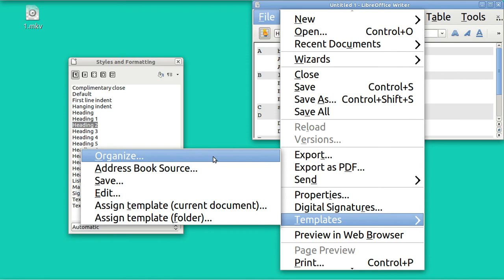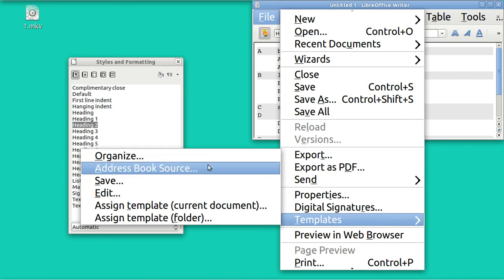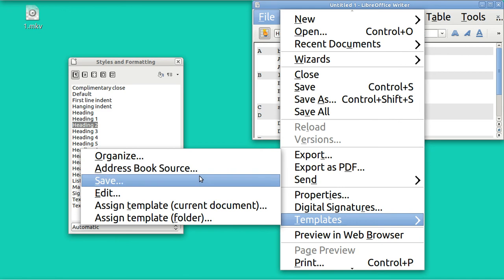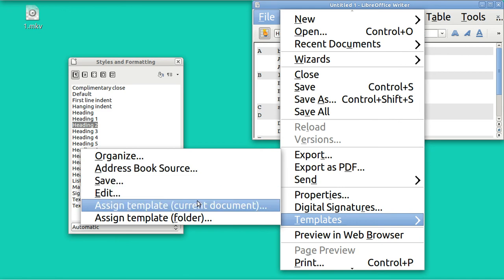I have got these headings here where it says to organize the templates, and then there's this thing called address book source, and you can save and you can edit. I have added this where it says assign template. This is an extension you can get from online, and let me show you a little bit about how that works. First of all, let me tap this,